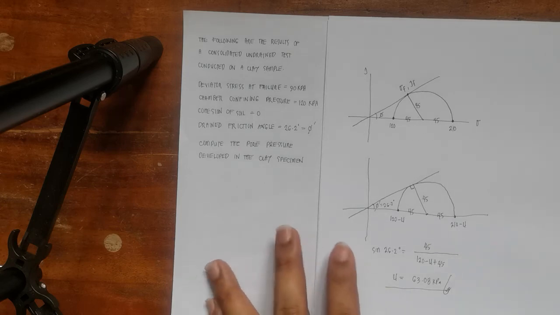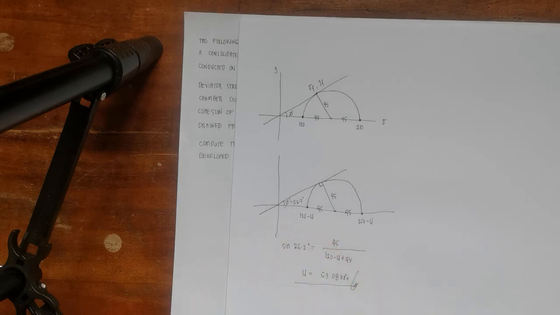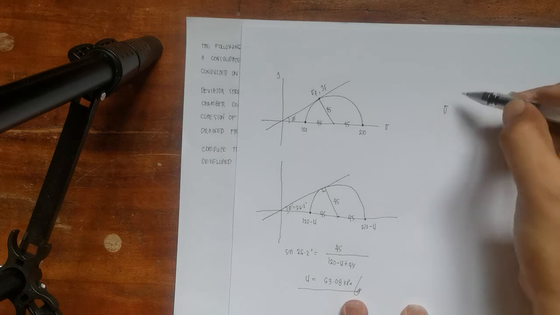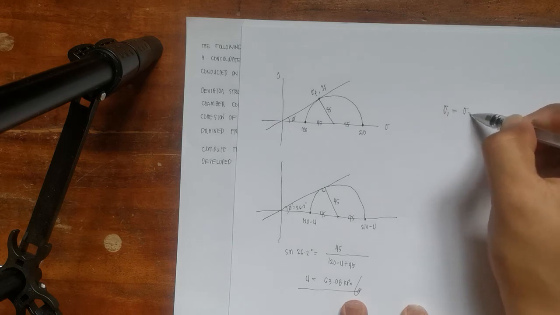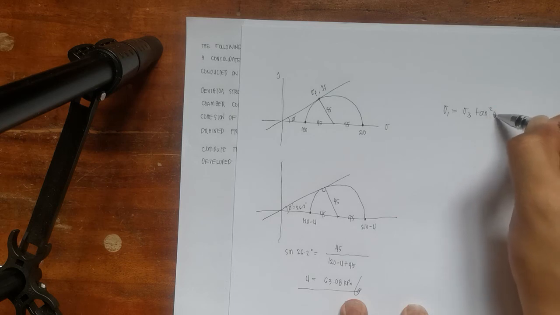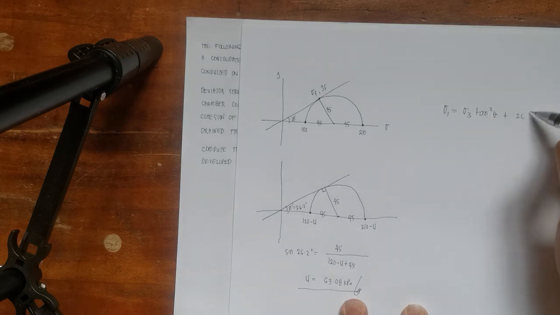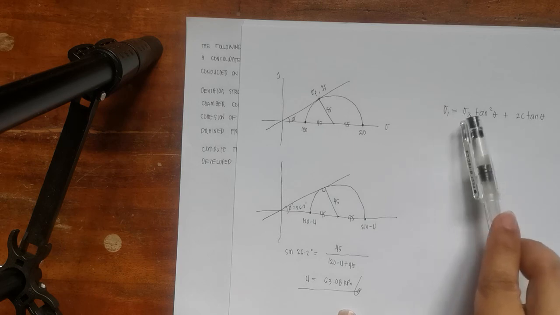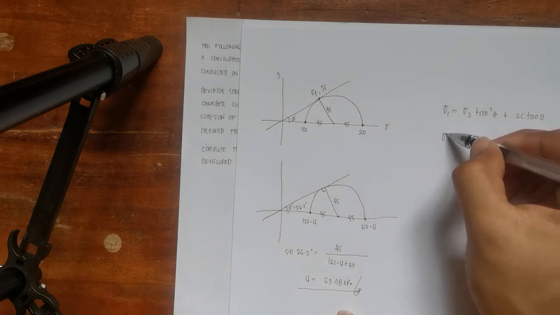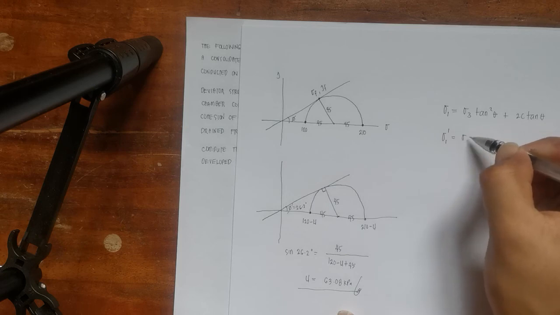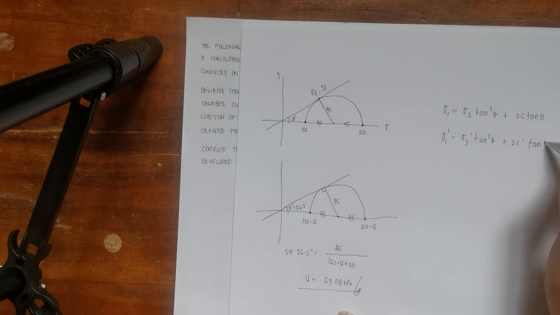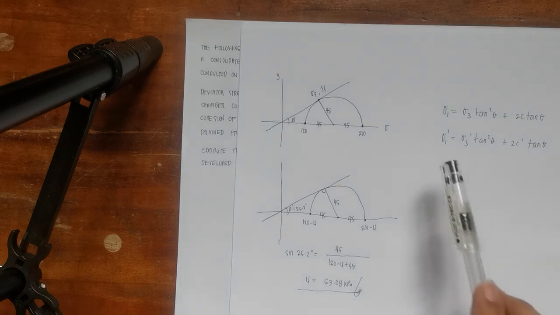Okay. Pwede rin natin gamitin yung ating Mohr-Coulomb criteria of failure. Ano ba yung Mohr-Coulomb criteria of failure? That is sigma 1 equivalent to sigma 3 tangent squared theta plus 2c tangent of theta. Yan yung formula kapag tayo ay undrained. Naka-total stresses pa lang tayo. Kapag drained condition, naka-prime, sigma 1 prime equivalent to sigma 3 prime tangent squared theta, plus 2c prime tangent of theta. So, using this formula,